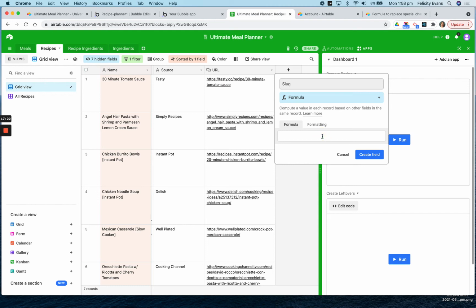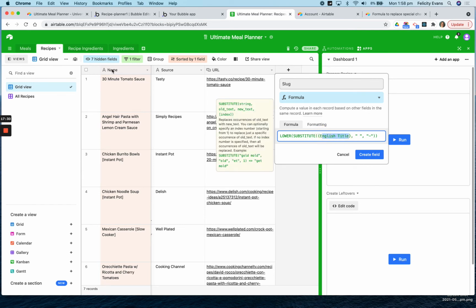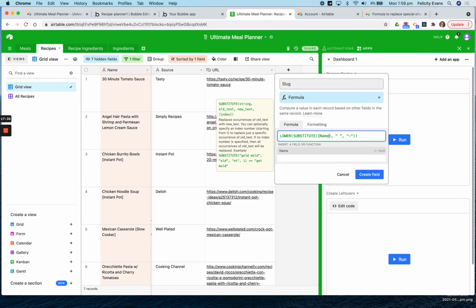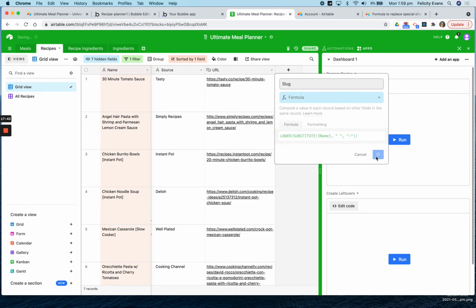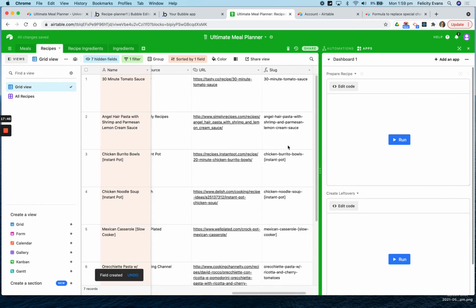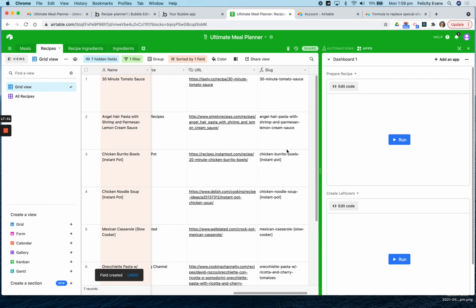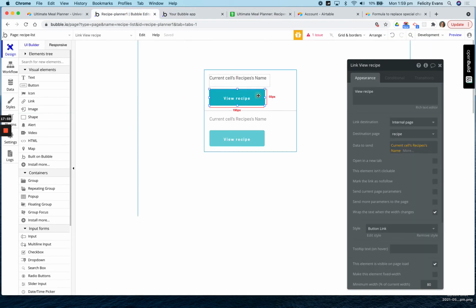Okay, so we need to turn the name, which we have over here, into something where the spaces are escaped, and instead we return hyphens. Let's create this field. Okay, can you see we've got some nice, a little better ones. So now we'll go back to Bubble, and instead of using the name,